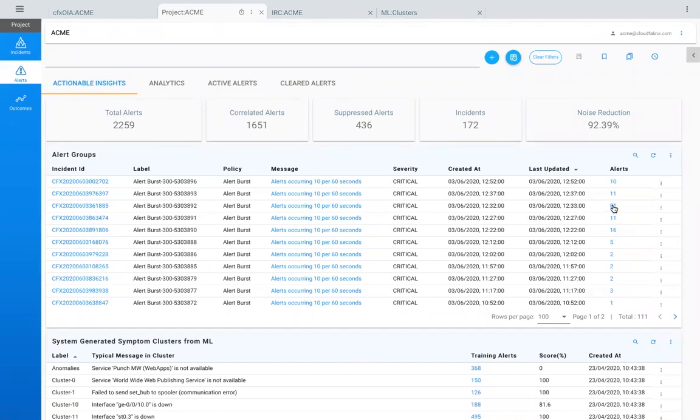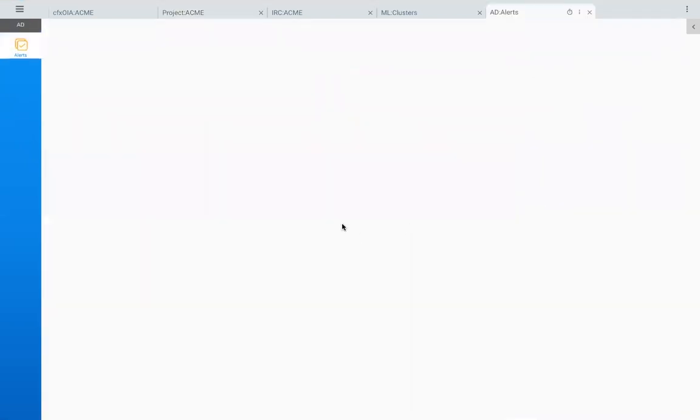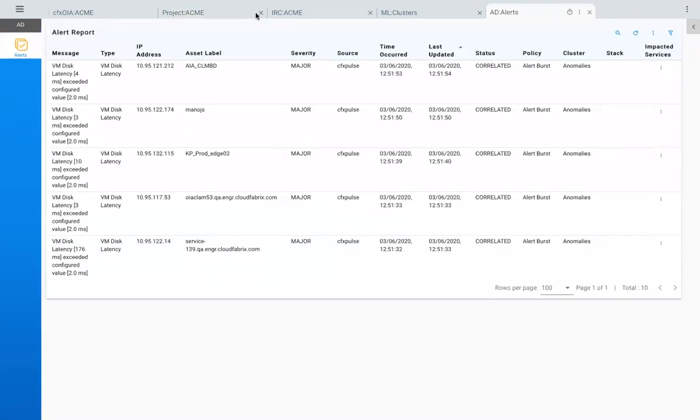And then you can also see these are the incidents that are going into your ITSM systems, whether it is ServiceNow or Jira or Service Desk. So you need to make sure that you have a two-way integration with the different ITSM tools, and you can also see what alerts are part of that incident room. So with that, that pretty much sums it up.